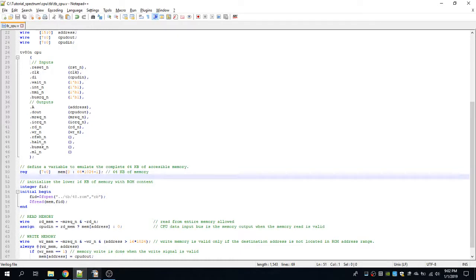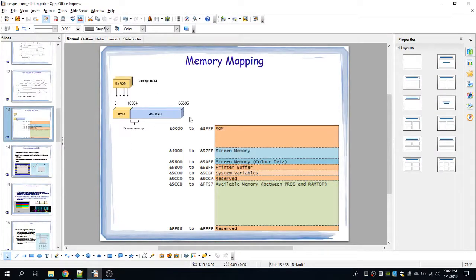So we are going to emulate this memory structure we have here: 64 kilobyte of accessible memory. The lower 16 kilobytes is the ROM, the original Spectrum firmware, and the upper 48 kilobytes is the general purpose RAM.